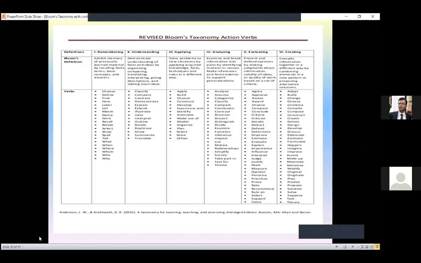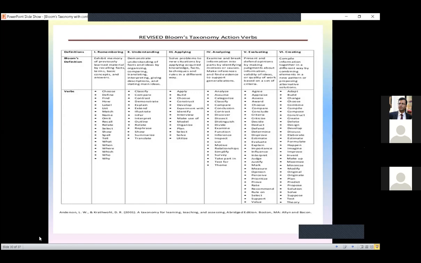In the question paper, we are assessing, right? Which level do we have to put? Whether we have to put all the levels or the higher level which we are getting. There is a rule, I will tell you right now. Usually it is followed that 40% of your questions should follow knowledge, remembering and understanding levels, and the remaining 60% can be divided into applying, analysis, evaluate, and create. This is usually followed.